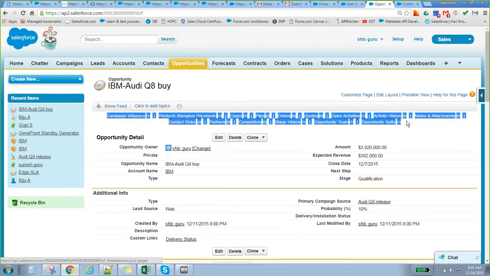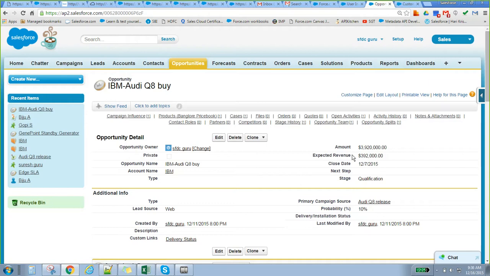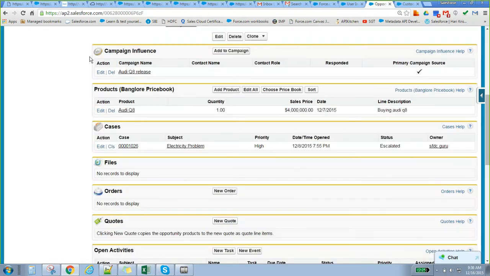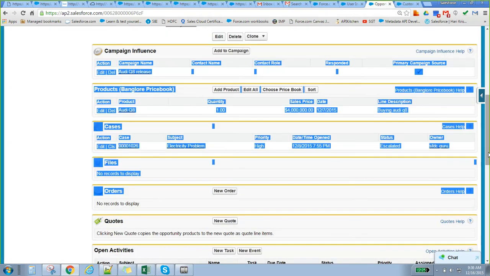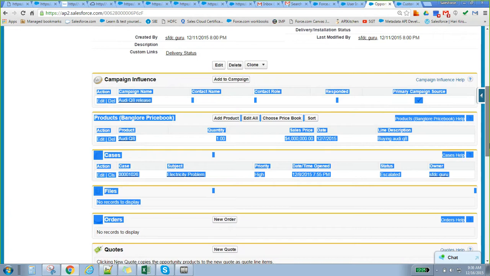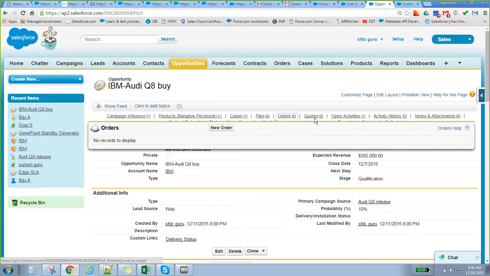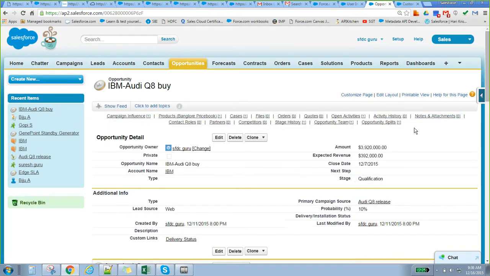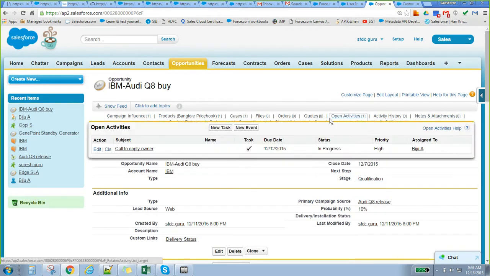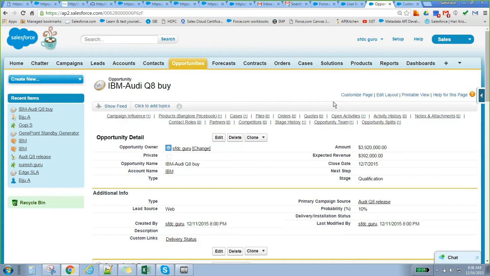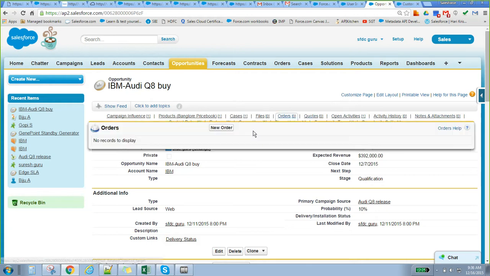If you want to move to a related list, basically we can go here and see it. Otherwise you have to scroll down. Instead of that, the customer can quickly see it by navigating from here itself. It's very easy, right? If there are too many related lists, there is no need of scrolling down.